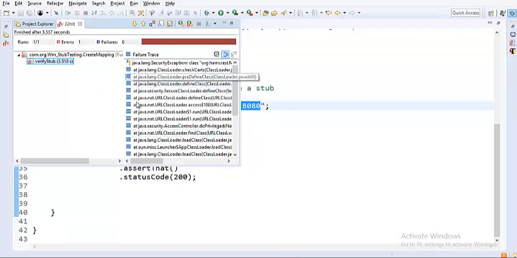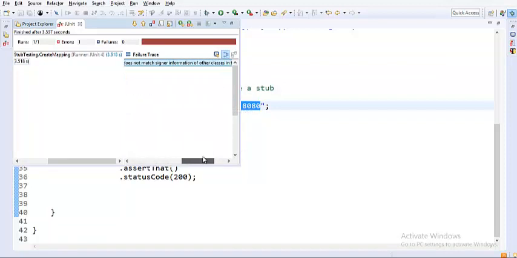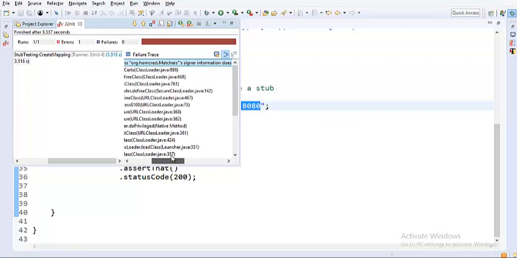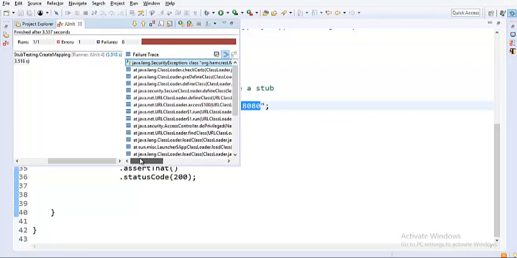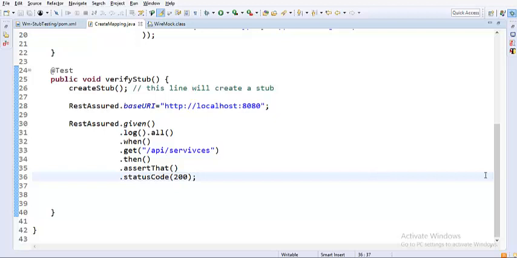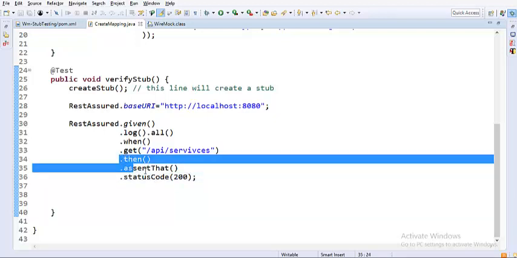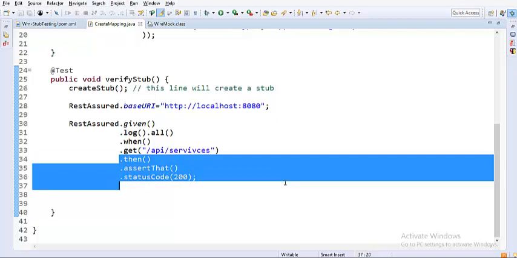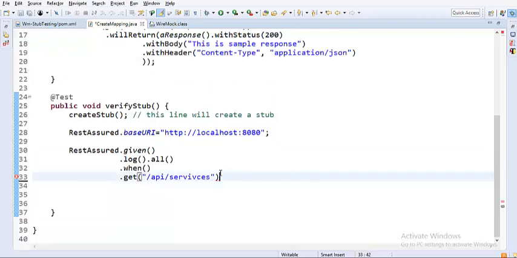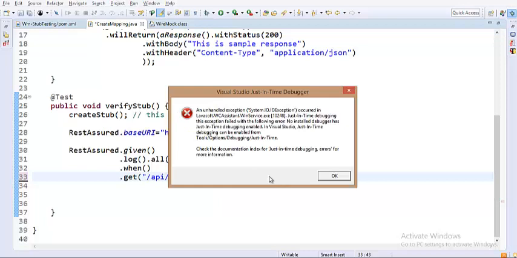Let me see. So I think there is a problem with the Hamcrest matcher exception. Other classes in the same package, signer information. So I'm really not sure what this particular one is, so before that, we have another way of creating also. Let me just do it. Let me just end this particular operation here.